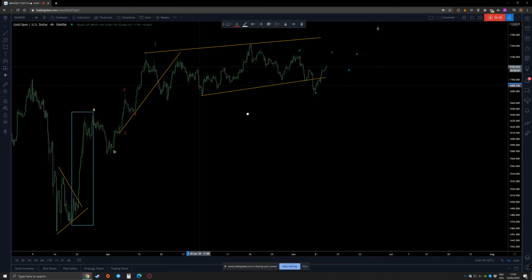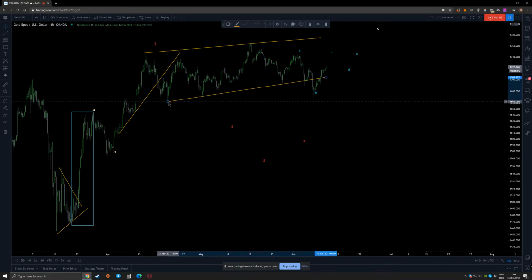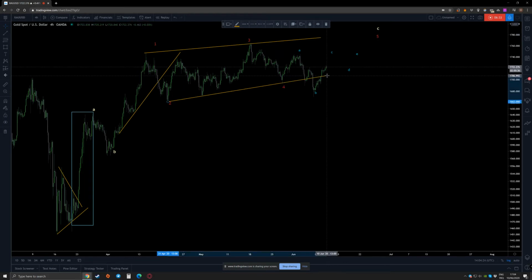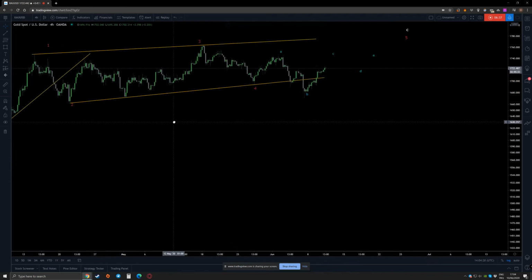So if I put 1 here as a terminal move, as a C wave, now I need a second wave. Now my second wave can be here. Actually, it can be here too, successfully. Let's say it's here. It doesn't matter so much. And we have a fourth wave here, and a third wave here, and we are going for a fifth wave here. Now, in this arrangement, what you guys can see is that the fifth wave, now let's look,